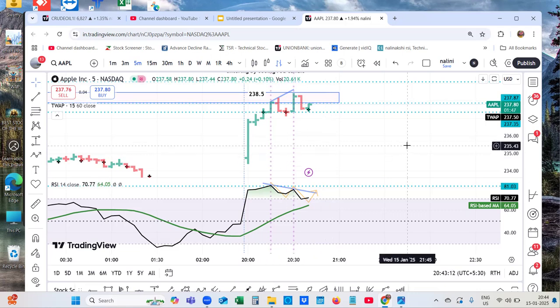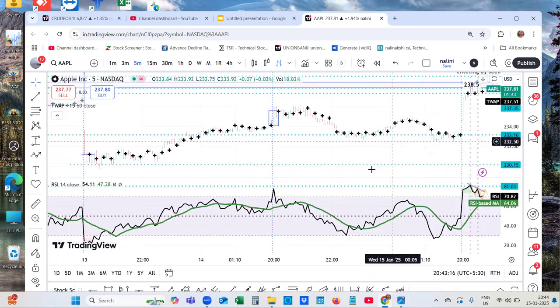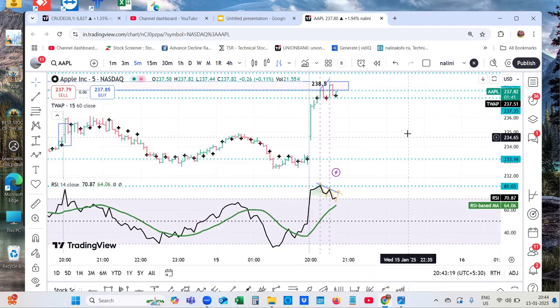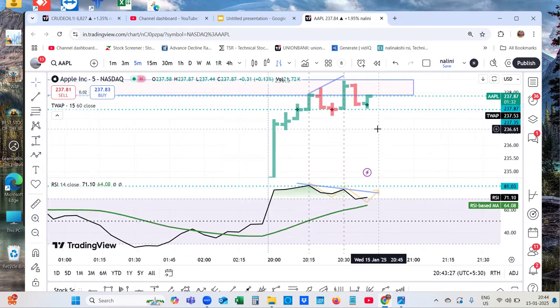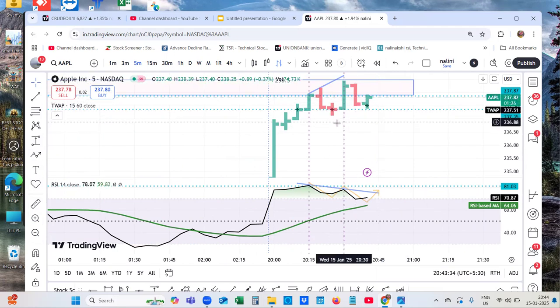So we need to wait carefully. Let me reset the chart view. Okay. Let me zoom it out. I'm on the bar chart because the bar chart sometimes gives me a clear view. You can see the average price, TWAP. If I place the cursor, it is showing